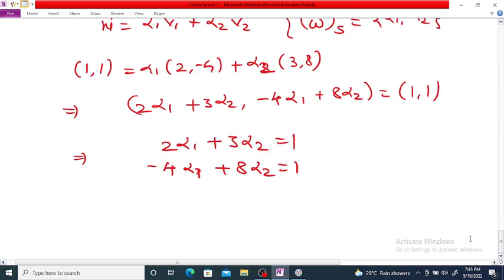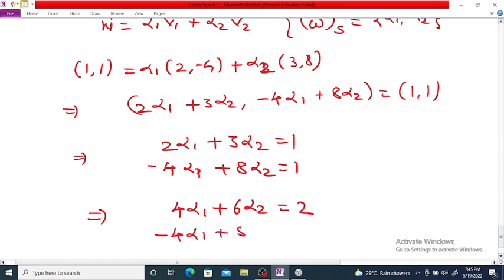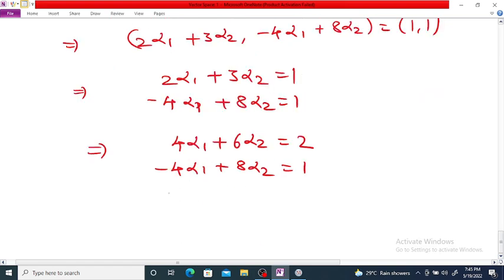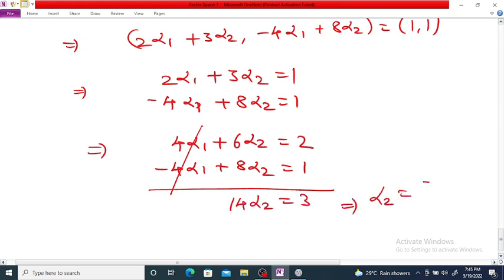So now to solve this, multiply the first equation by 2. So it is equal to 4 alpha 1 plus 6 alpha 2 is equal to 2, and minus 4 alpha 1 plus 8 alpha 2 is equal to 1. If we add these two equations, then this will get cancelled here, and 14 alpha 2 is equal to 3. So this implies alpha 2 is equal to 3 by 14,